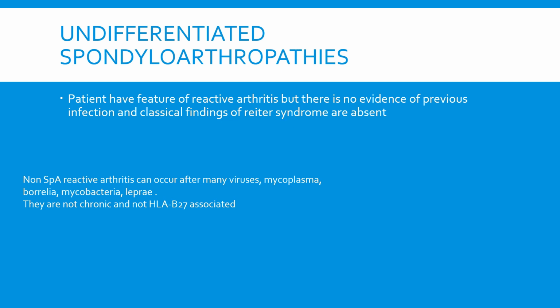One example that I will share is rheumatic fever arthritis, which is usually the example of reactive arthritis, but it is not associated with HLA-B27. It is called reactive arthritis because the infection occurs 1 to 4 weeks prior, and then the arthritis presents.